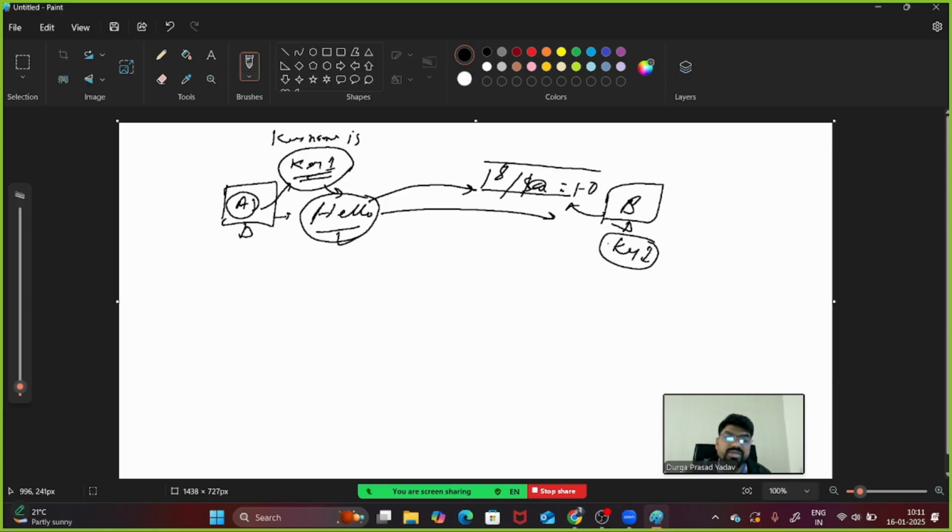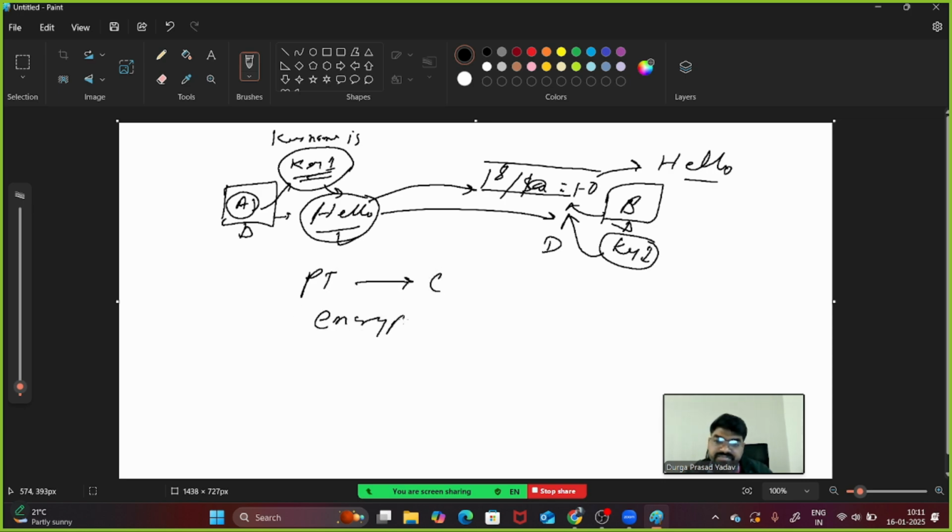Now B will decrypt this data, and once it decrypts, B will come to know it is only a hello message. So from plain text to ciphertext is encryption, and from ciphertext again to plain text is decryption.